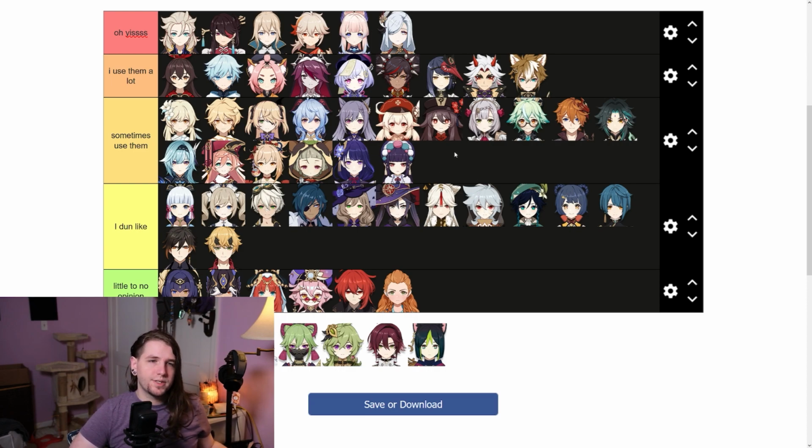That was actually a really good comp. I'm doing Archaic Petra on my Goro, so I'm boosting Ayato with that. It was a really solid team composition, and I was like, oh, that's really cool. You can use Geo Resonance just on a normal character, like a Hydro character, and it's effective,